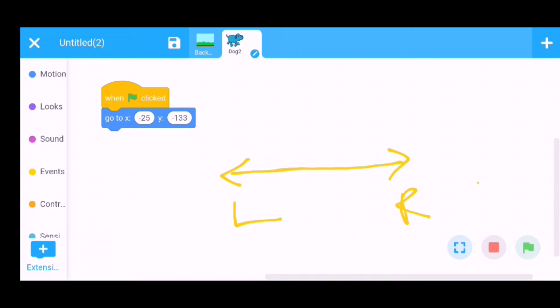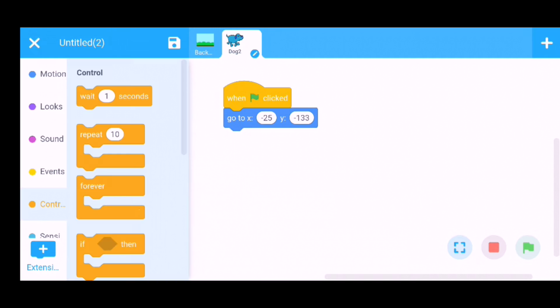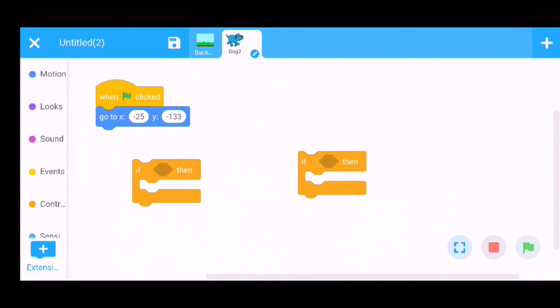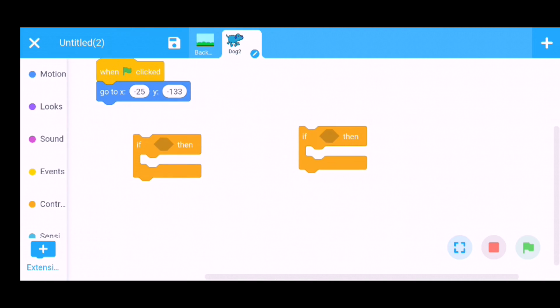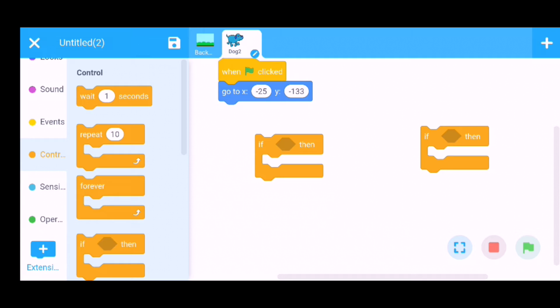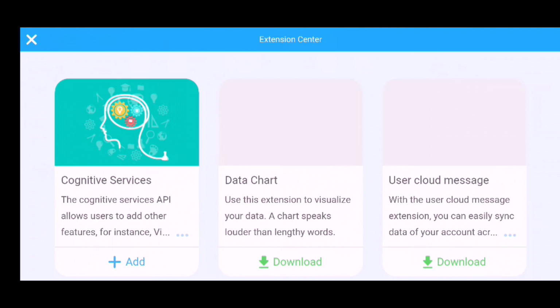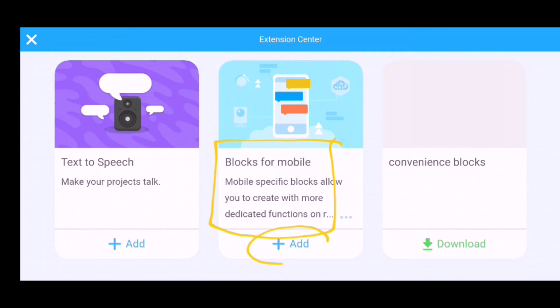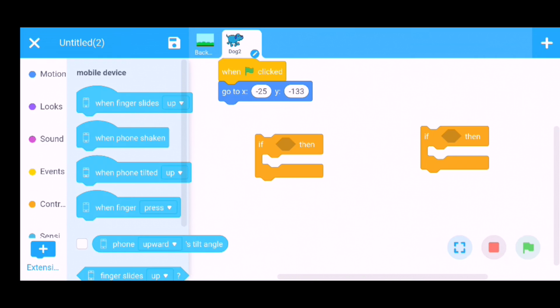For this, go to the control section. You have to choose 2 if-then commands. First for left and second for right. Then go to extension, use blocks for mobile, click on this add sign.